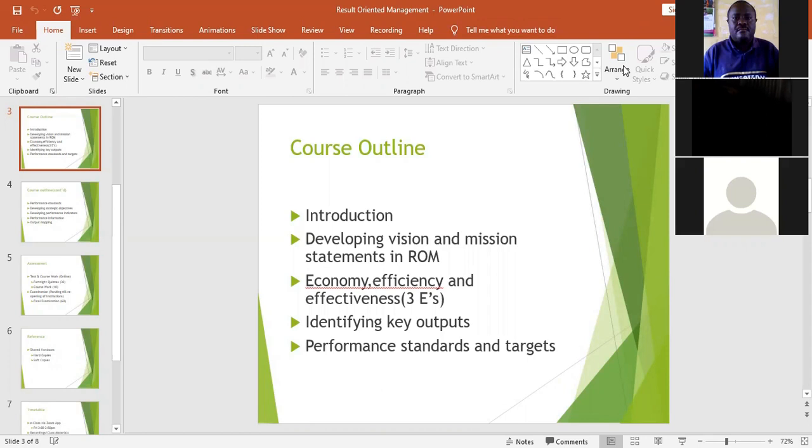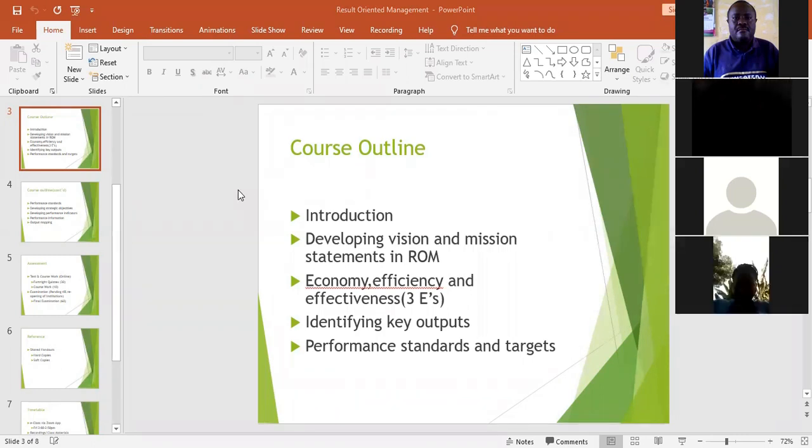And ROM concentrates on outputs rather than processes or procedures. ROM does not mind about the processes an organization goes through. ROM minds about the results. If you are given a task to accomplish, ROM wants to see the results, not the process you have gone through. That's why we are saying ROM focuses on outputs rather than